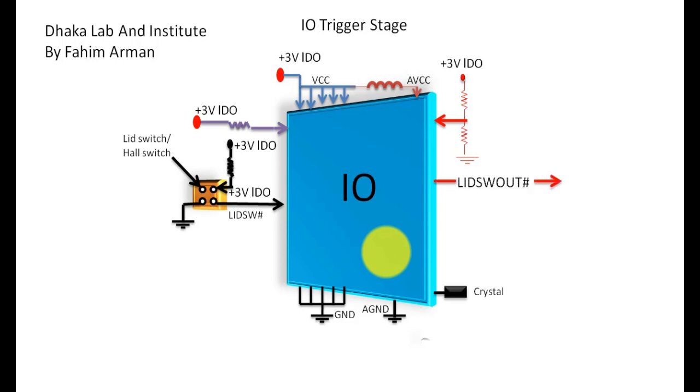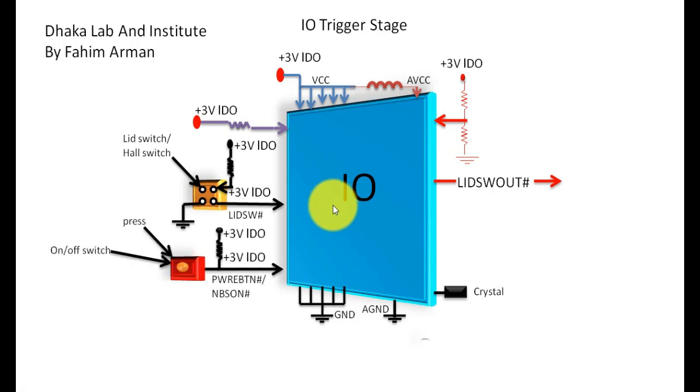So when IO gets the lead switch and after having the frequency, IO outputs a signal named lead switch out hash,